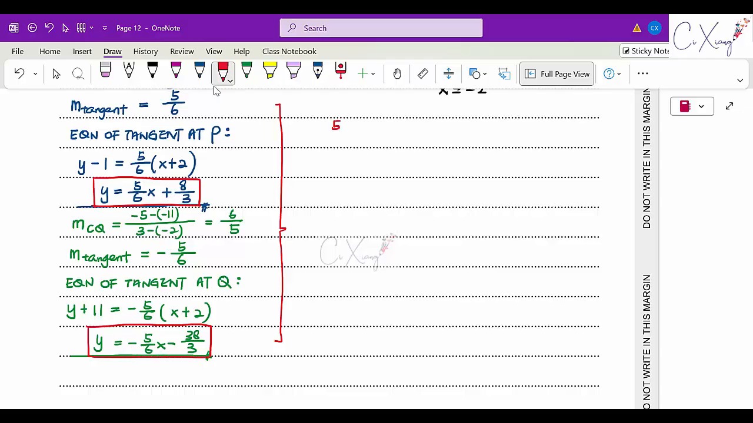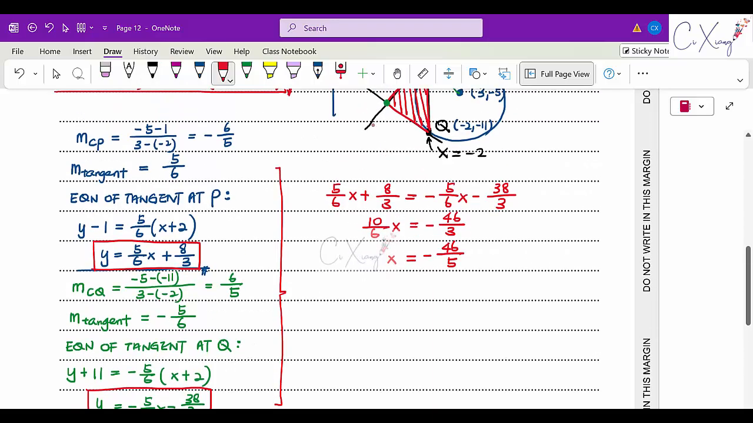So I'm having 5 over 6 x plus 8 over 3 equals negative 5 over 6 x minus 38 over 3. Of course, we want to simplify the equation here. I'm having 10 over 6 x equals negative 46 over 3. If you didn't make a careless mistake, it should be negative 46 over 3. And from here, you're able to get the x coordinate, which is negative 46 over 5. Once you get the x coordinate for this particular point,